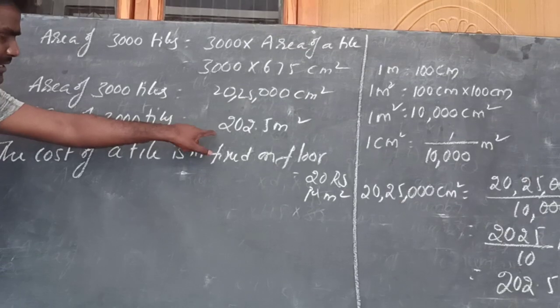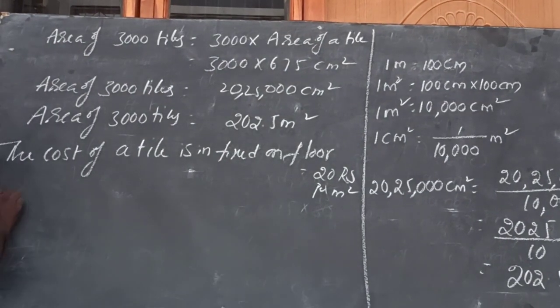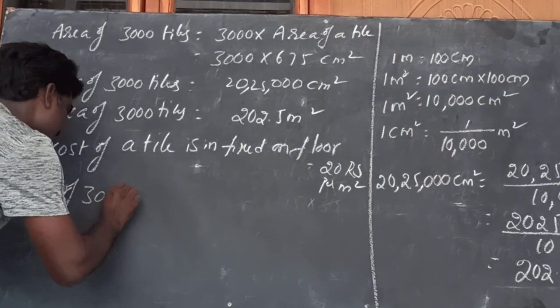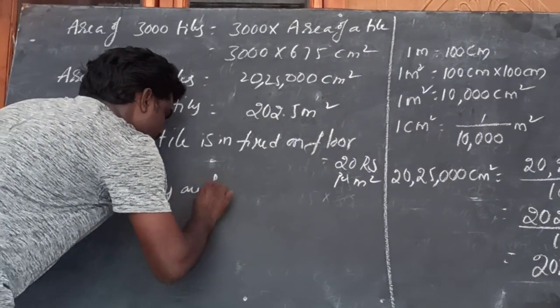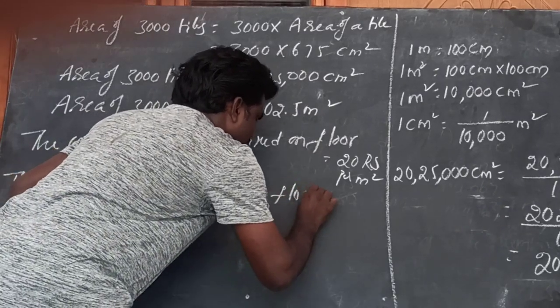Here, how many meter squares are there? 202 meter square. So the cost of 3,000 tiles fixed on the floor is equal to